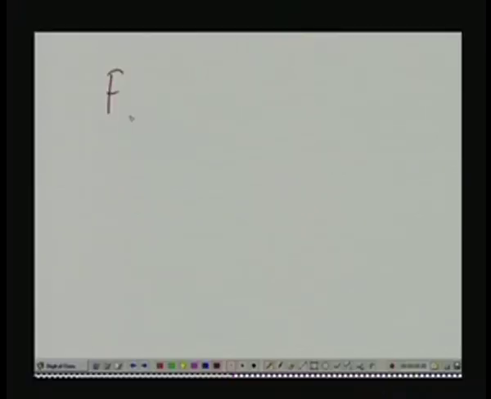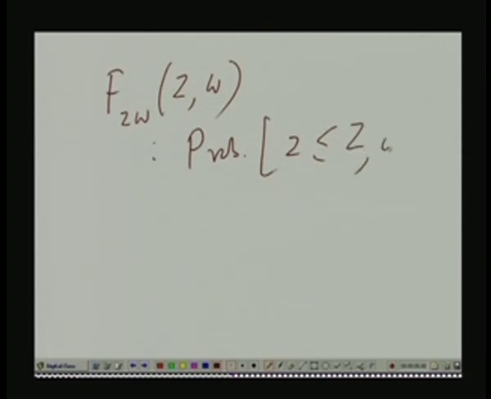So, I am interested in finding out the joint distribution of z w, that is the probability of z less than or equal to capital Z, w less than or equal to capital W. This is a joint probability distribution. We have to evaluate this in terms of the given joint density of x and y, or given joint probability distribution of x and y. So, this set we consider